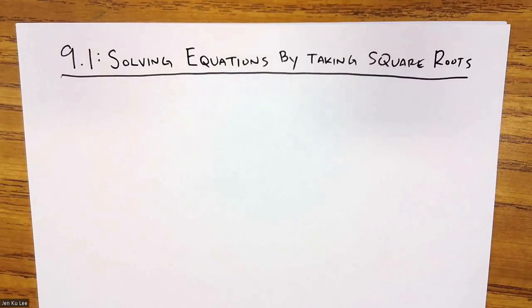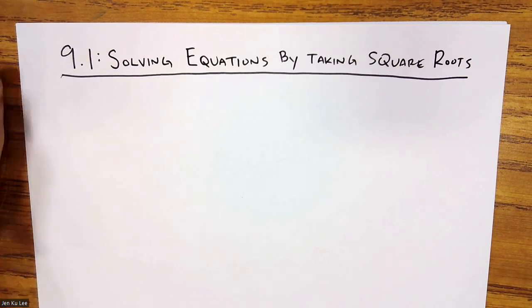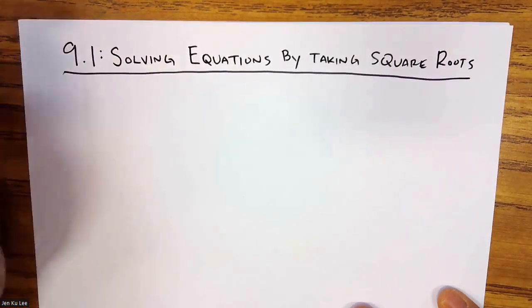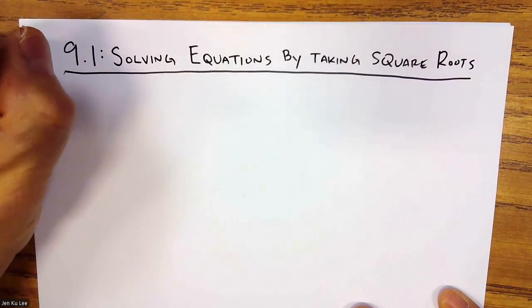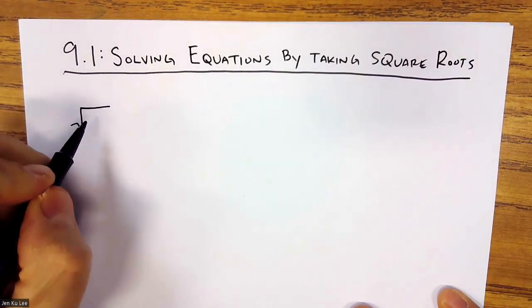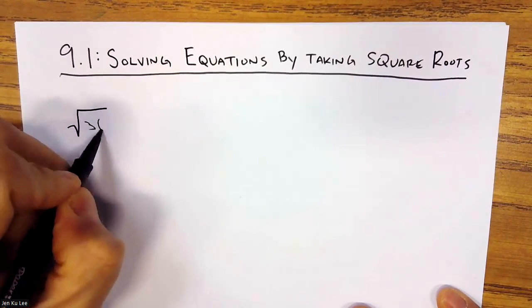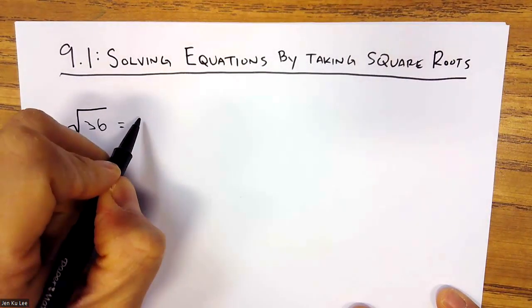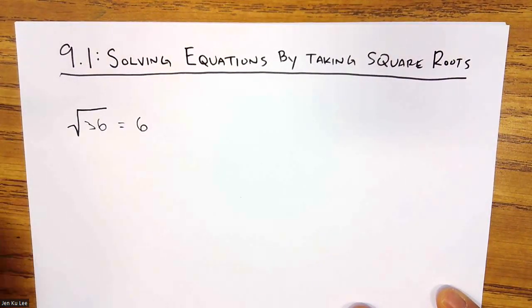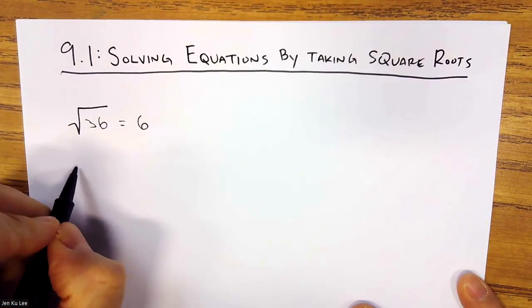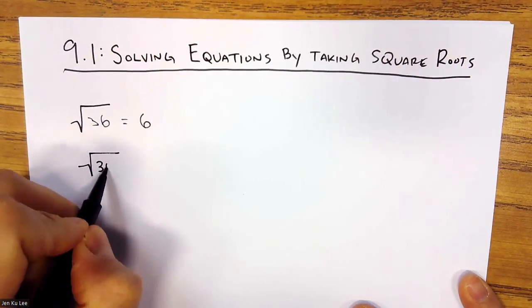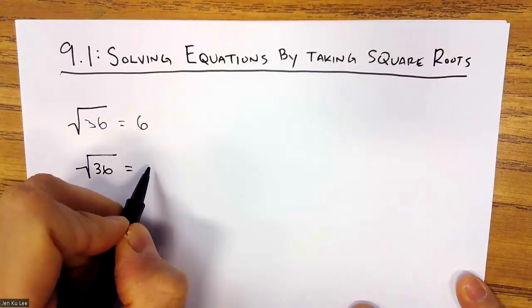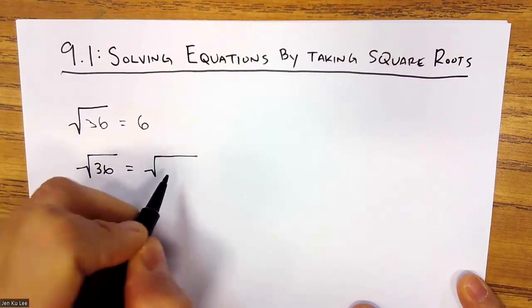This is 9.1 on solving equations by taking square roots. So we all know what square roots are, correct? What is the square root of 36? 6, right? We can also break down the square root of 36 by saying that 36 is equal to